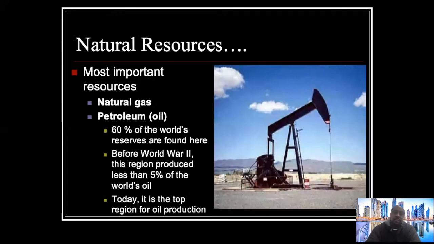Natural resources. So I'm not going to go too far into the natural resources because the one thing we need to know about the Middle East is that it is huge on oil, which we know is a big deal in the United States as well. So when it comes to oil,